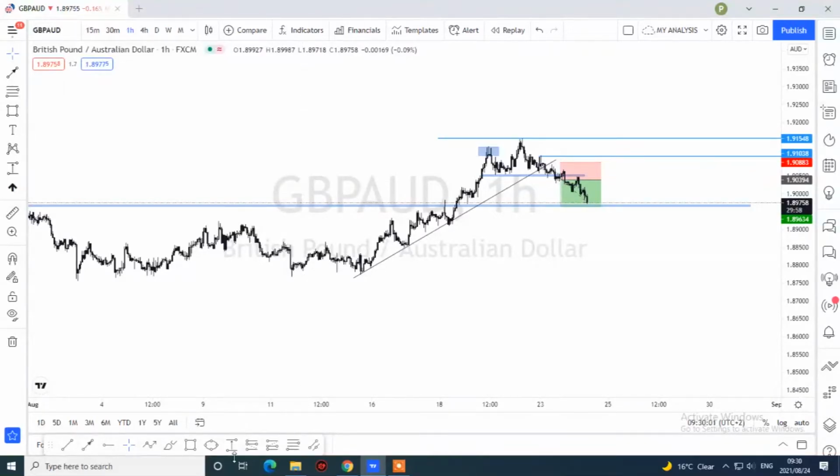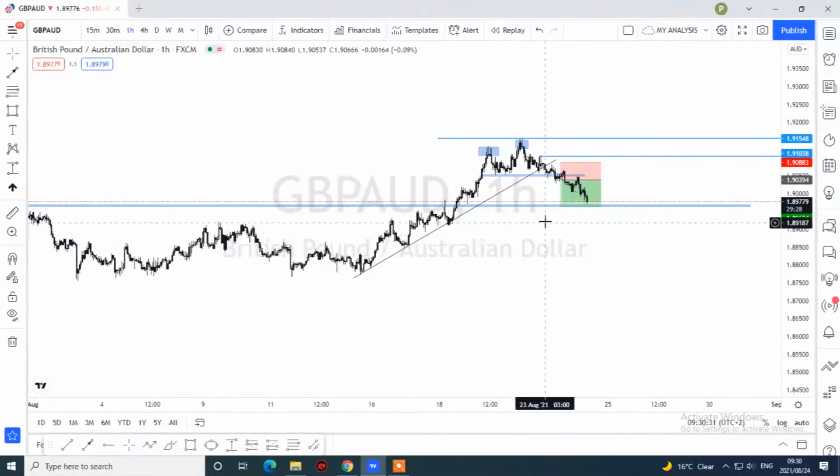But the market, people were actually expecting a double top, but then it's not that clear. What happened here is that the market created a high here and then dropped, and then it went up. So this was most of the people's stop losses that were taken out, you know. So